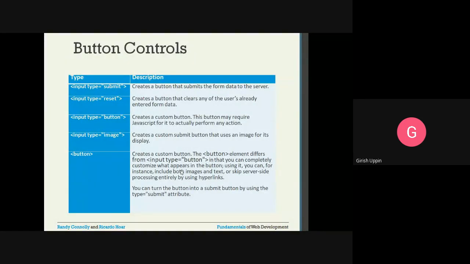Buttons in themselves will not perform any activities, except submit. Submit means it will submit the form to the server. That is the job of the submit. Other buttons, suppose you have